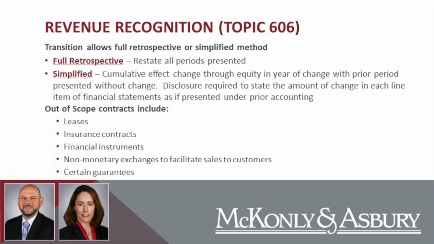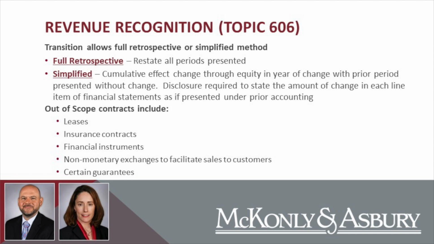or a not-for-profit. You can also do the simplified method, but I want you to make sure you can run this adjustment as a cumulative effect through equity in the year of the change, with the prior period presented without this change. However, you still have to go back and look at the previous year and understand the implications of the new standard on every line of your financial statements and show the difference in a footnote. So you have to have the information for the previous year. So definitely something to keep in mind as you'll be accounting for transactions under 2 different methods of revenue recognition